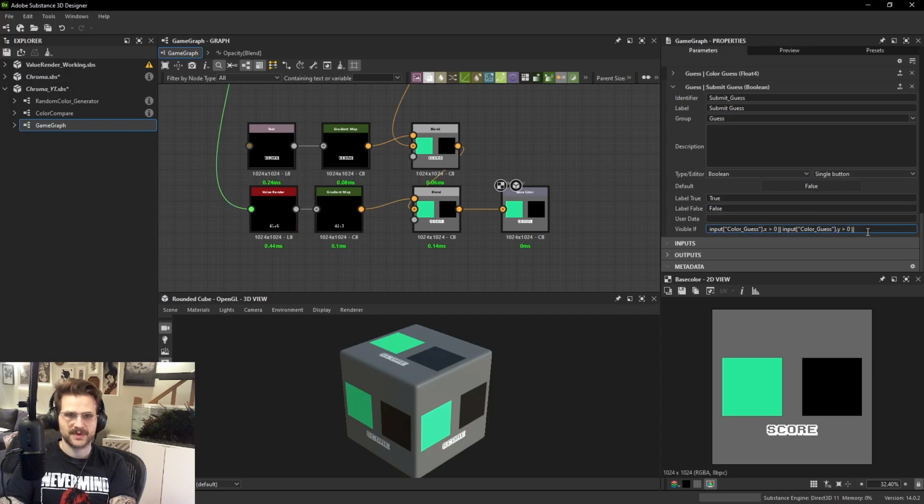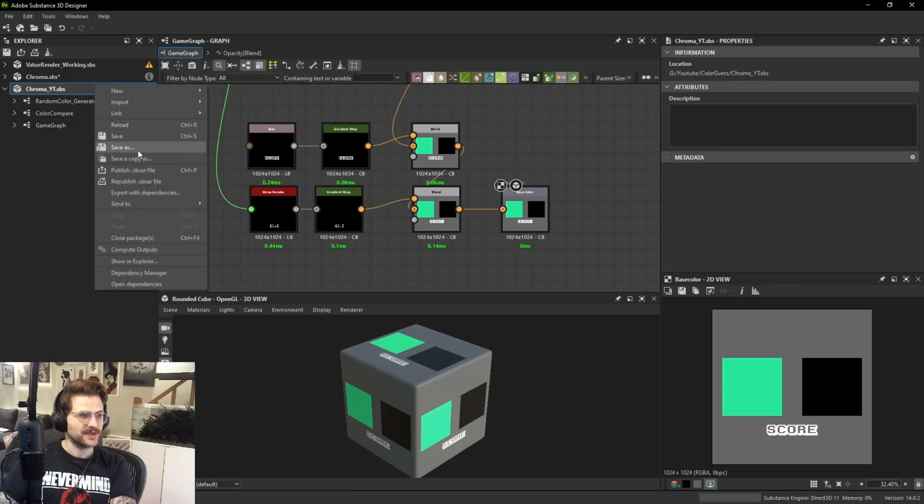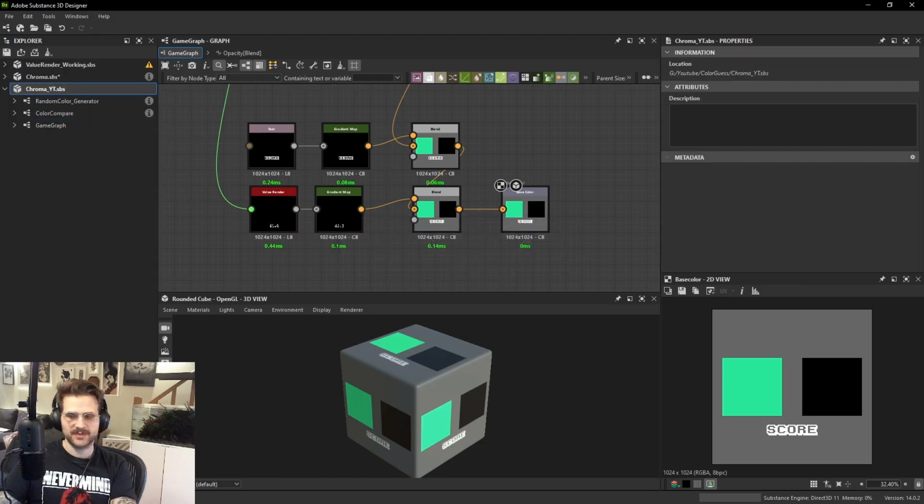Or input, open bracket, open quotation, color guess, close quotation, close bracket, dot Z, which is the blue channel, is greater than 0. So now we have a nice system here